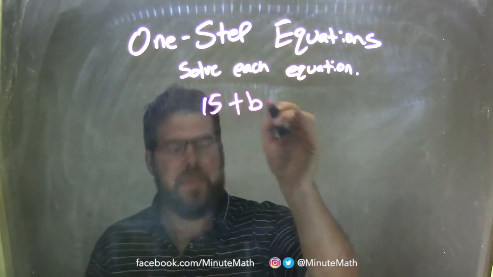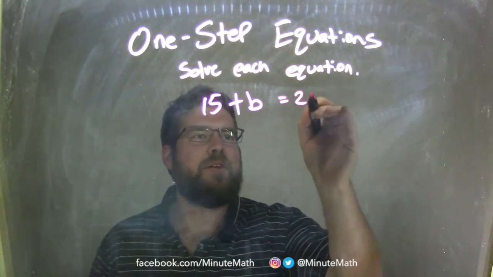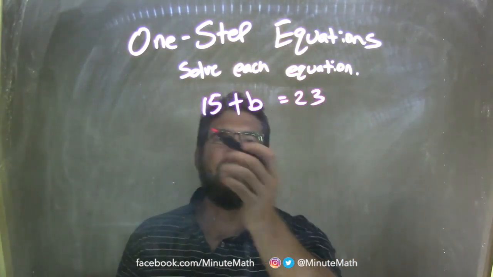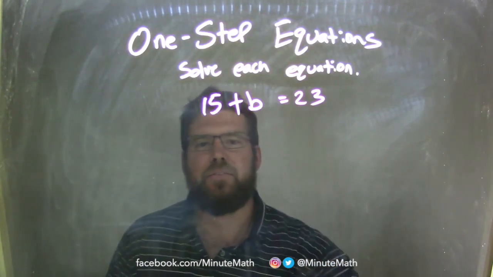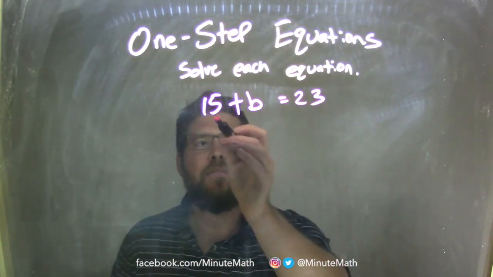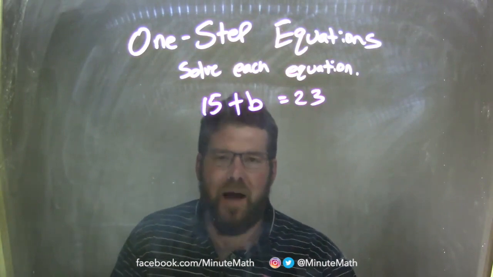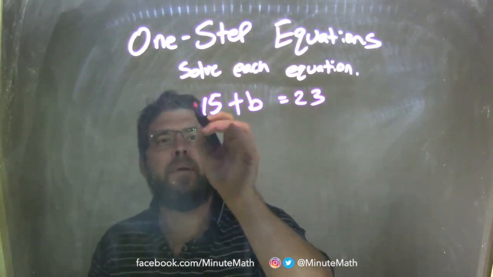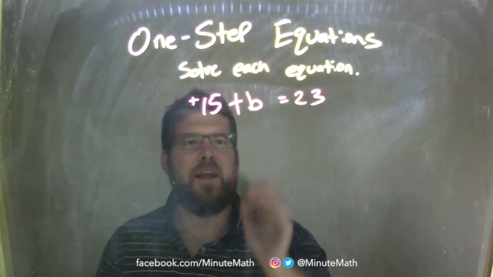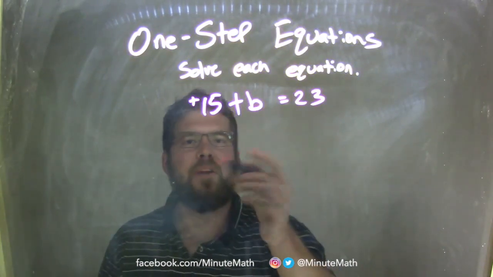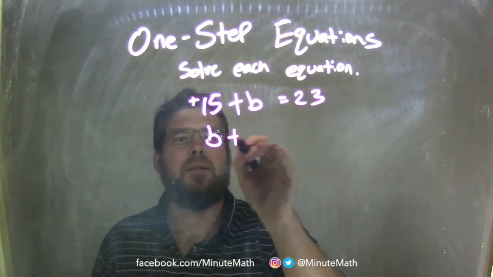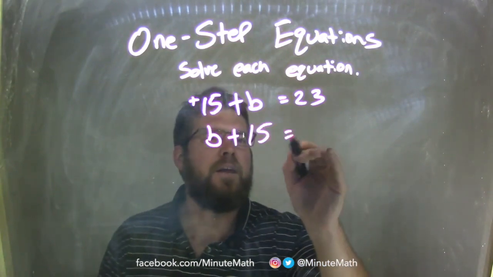15 plus b equals 23. Well, I have 15 plus b equals 23, and I need to get the letter b by itself. Well, to do that, I need to bring the 15 over to the right-hand side. Well, how do I do that? Well, there's a plus 15, it's a positive 15, and I'm adding these two numbers together. Okay? If we use the commutative property, I could rearrange this to be b plus 15, positive 15, right, equals